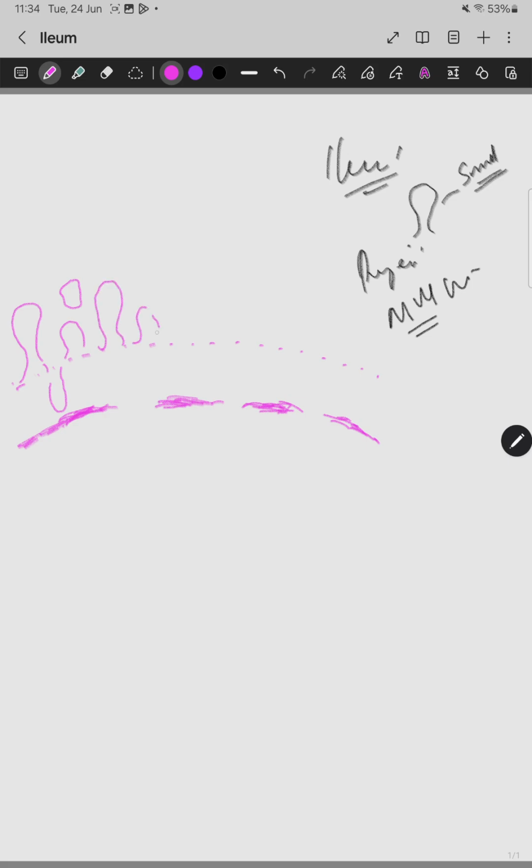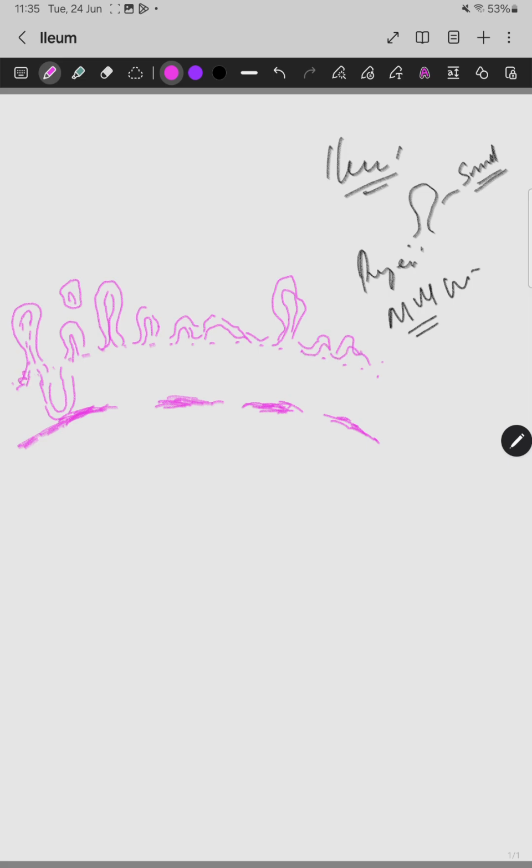Then you can draw the rudimentary villi lines, and in some other regions you can draw a villi like this, and draw rudimentary villi like this. Then you can draw the basement membrane. Here I am first drawing the outer line, and then I am drawing the basement membrane. So the basement membrane is here, for clearly showing the club shape of this villi. So these are rudimentary areas, and put the basement membrane.